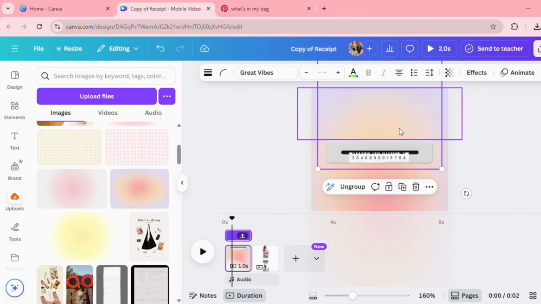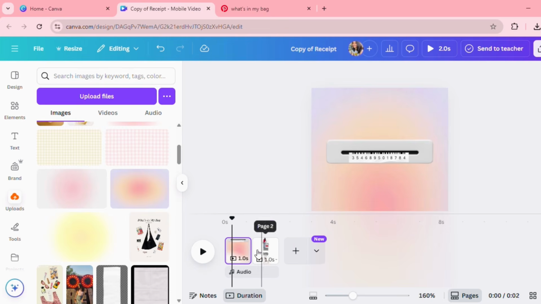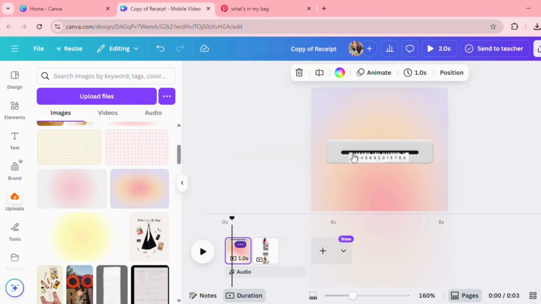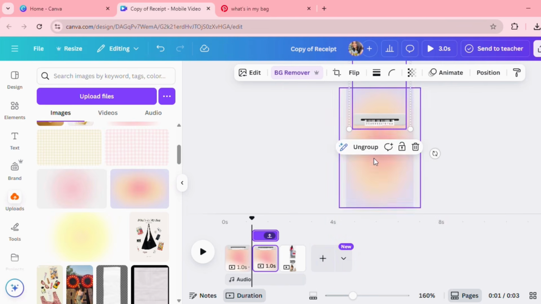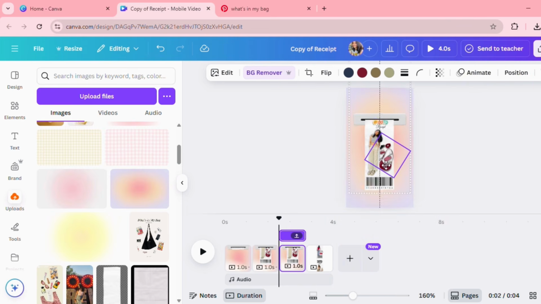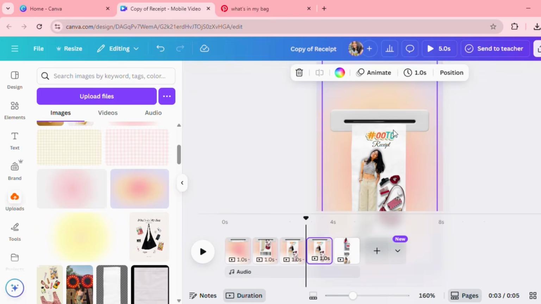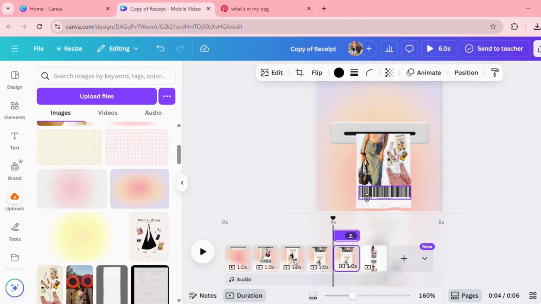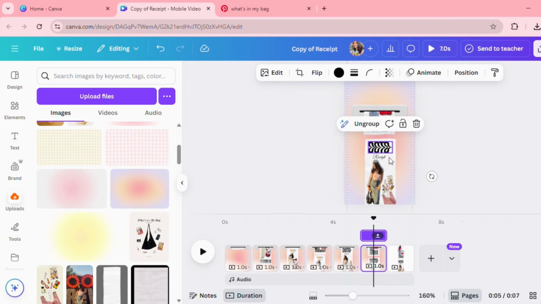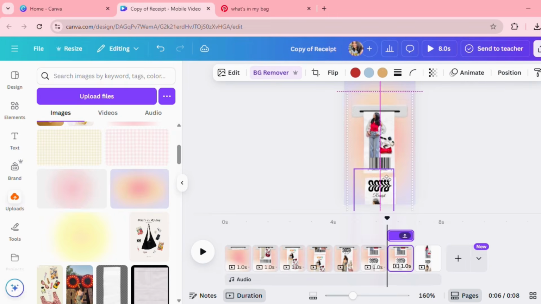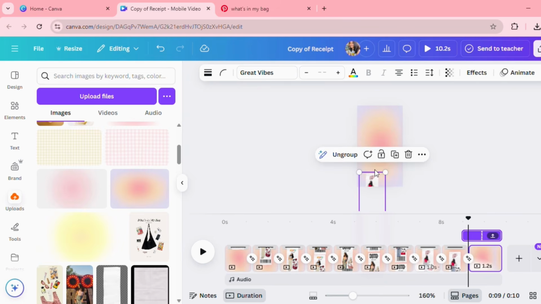Now you have to duplicate the receipt machine element and crop it half from the downside. And now when you paste the grouped layers of all the receipt papers here, you have to send them back and place it upwards and start creating duplicate layers. And with each moving frame, make sure to keep dragging the receipt paper by 1 or 2 inches.